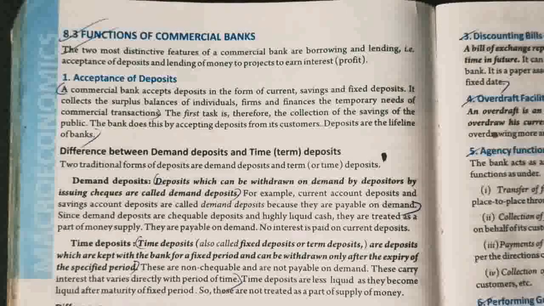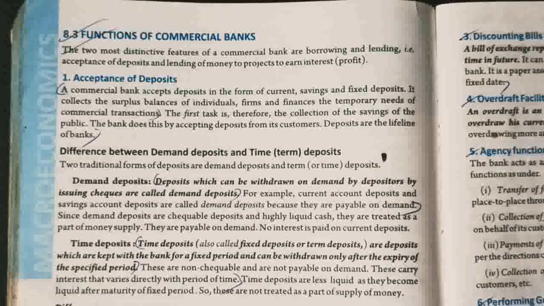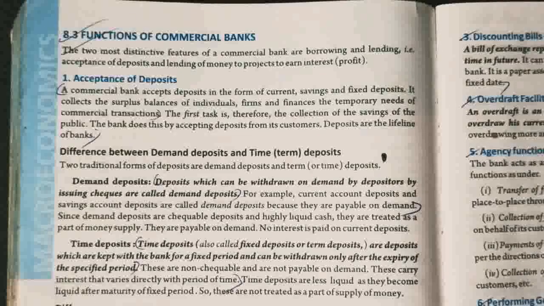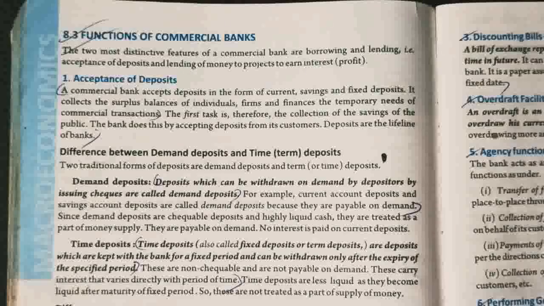Now, what are current and savings accounts? These are mostly held or opened by common people like us. Whenever we go to an ATM to withdraw our money, we always get an option of either current account or savings account. That means we can withdraw our money anytime, as long as we have money in our account. And fixed deposit accounts are mostly held or opened by an entrepreneur or a businessman. Under a fixed deposit account, one can withdraw his or her money only after attaining the maturity date, that is, only after a stipulated time period.